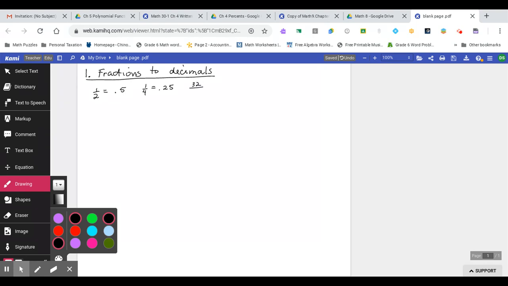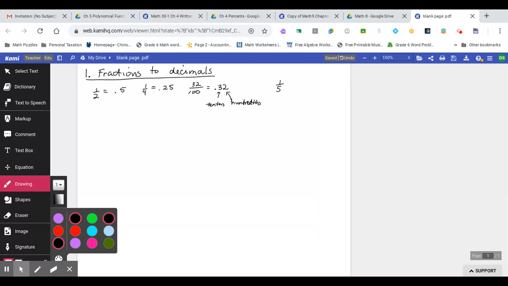32 divided by 100, you might know that was 0.32. For one thing, you know this is tenths, and this would be hundredths. So if you don't remember those place values, there's a quick reminder. So similarly, if you had